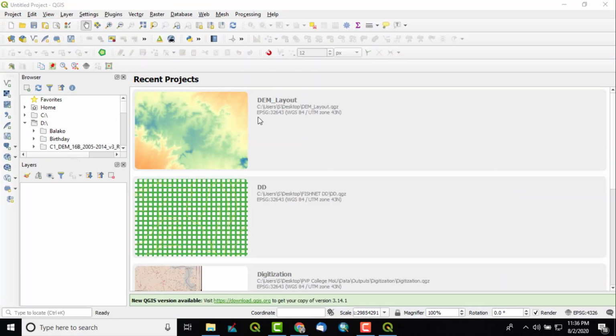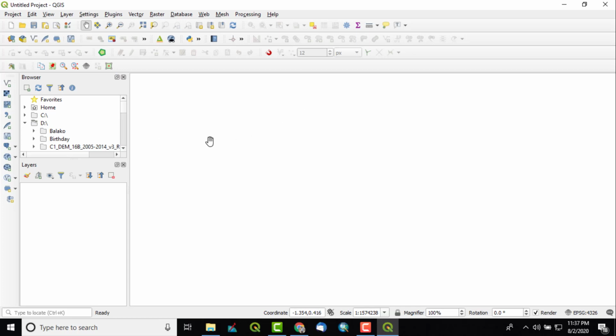So the software has opened. Since my software is already installed and having some work there, that's why the recent projects are visible. In your case it will be blank. So what I will do, I will simply click on new. So this is the software, and I will just show you what the tools are, where the tools are available, how we can add the data and all. You can zoom in, zoom out like this. So this is our working space or working window, you can say. So this will be our working window.